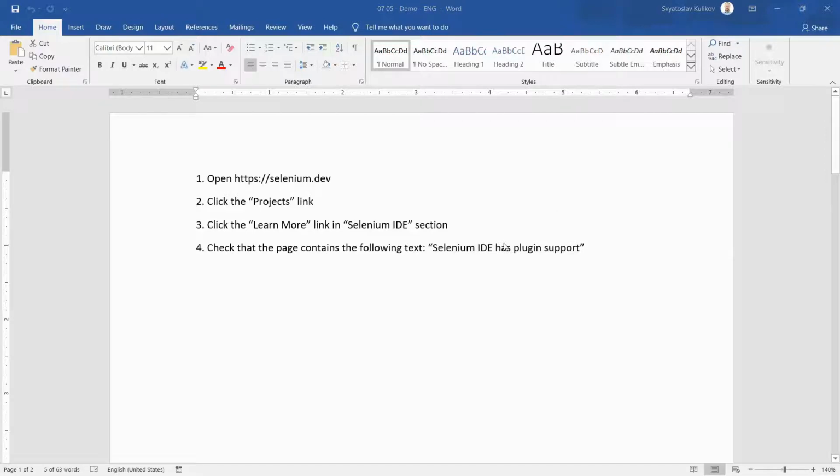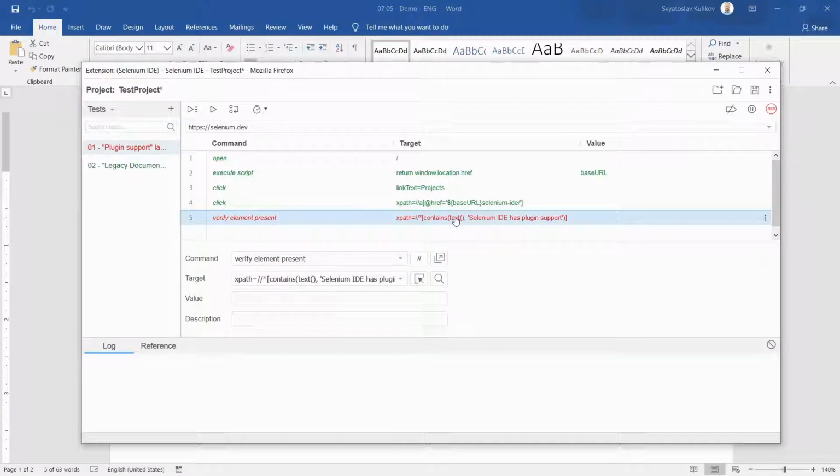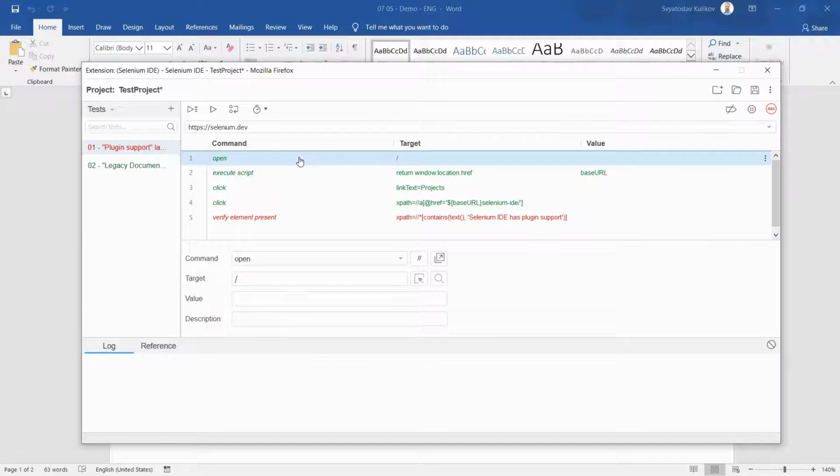As we can see, this test case has failed because there is no such text on the page. And that's good, that's absolutely okay. The application behaves somehow badly and our test case has detected that error, and that's good. And we may go through this test case step by step to see how it works.